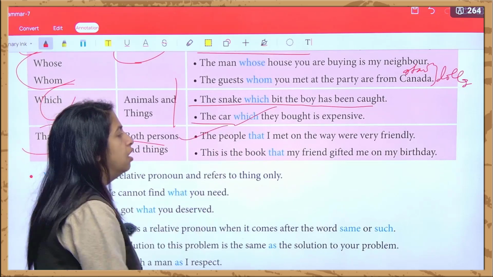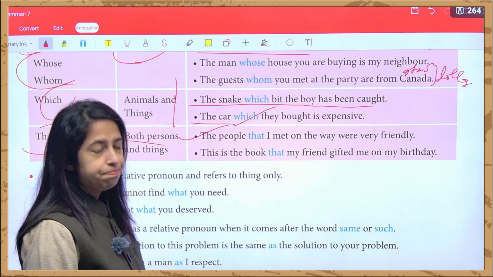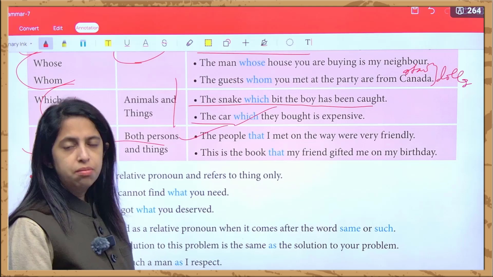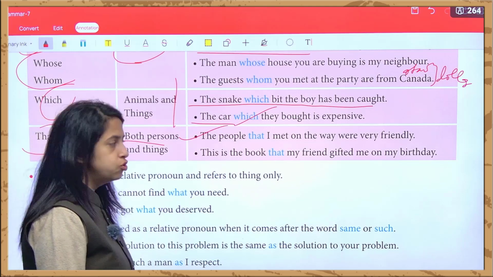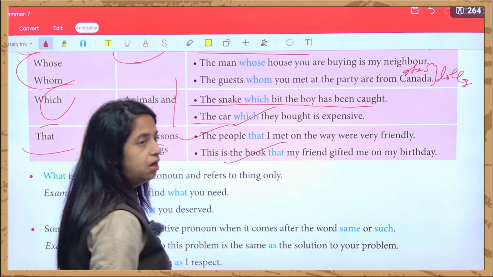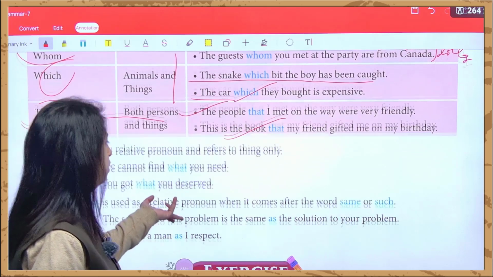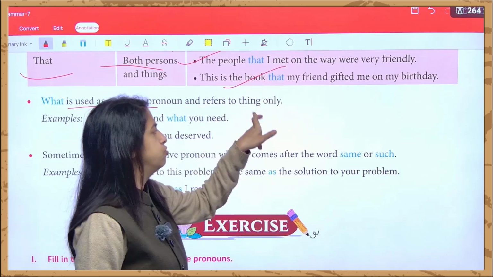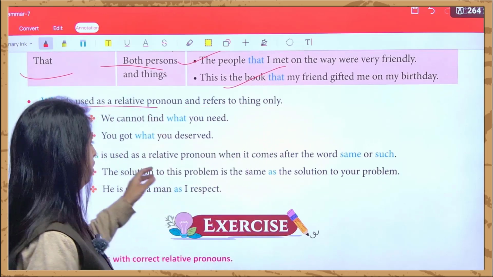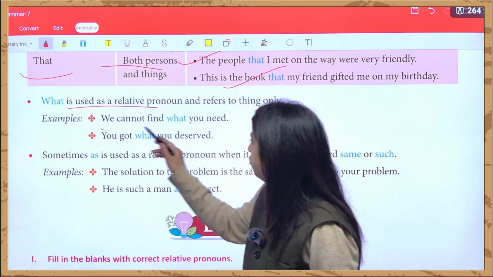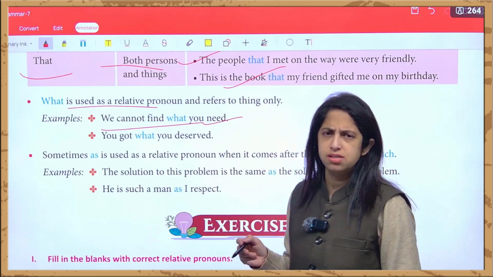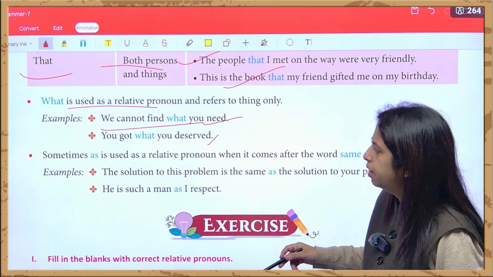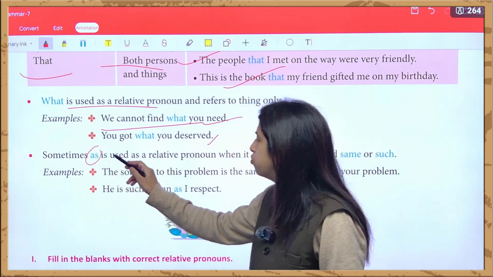The people that I met on the way, जो रास्ते में मेरे को मिले थे, they were very friendly, very jolly natured, and this is the book that my friend gifted to me on my birthday, right? So what is used as a relative pronoun whereas it refers to things only, चीजों के लिए यूज होता है, right? Now we cannot find what you need, हम नहीं find out कर सकते हैं आपको क्या चाहिए, and you got what you deserve, जो आप deserve करते हैं आपको वही मिला है।